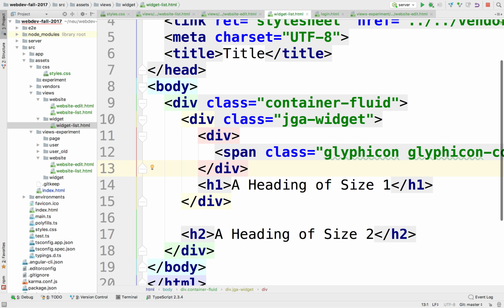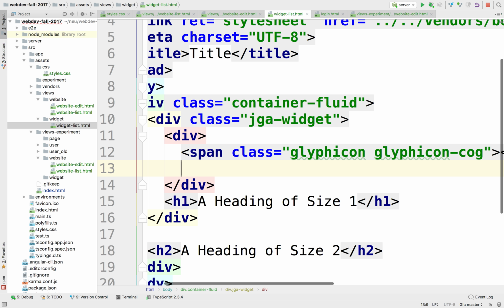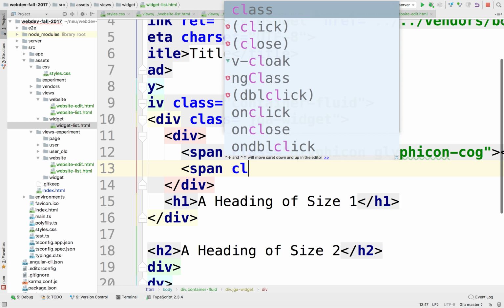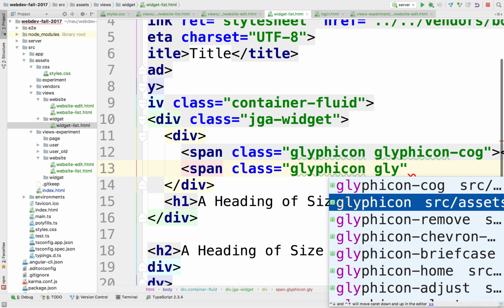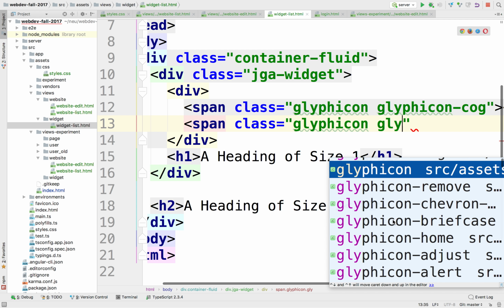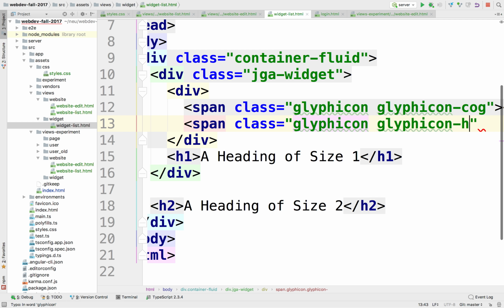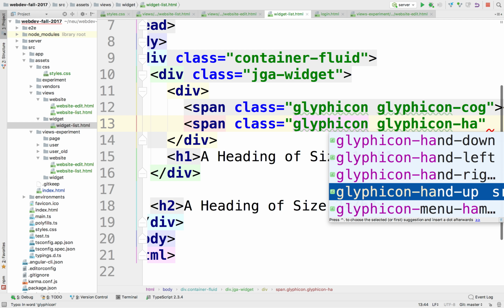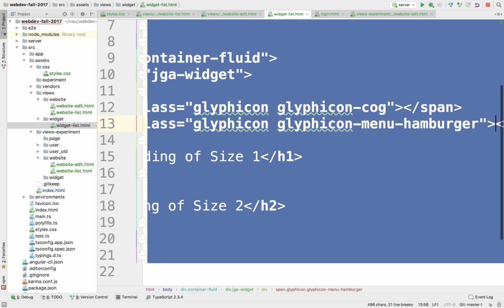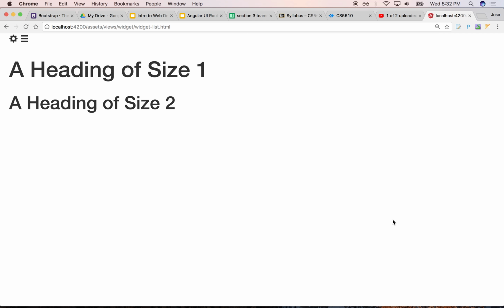I believe we want the striped one, right, to denote that we can drag this around. So let's see, I don't remember what that is. So span class glyphicon. Glyphicon. I'm sorry? Hamburger. Oh, perfect. Thank you. Hamburger. Menu hamburger? Excellent. All right, let's see what that looks like. All right, so we have those two on the right there, right? One of them presumably means that we can edit it, and the other one presumably means that we can drag